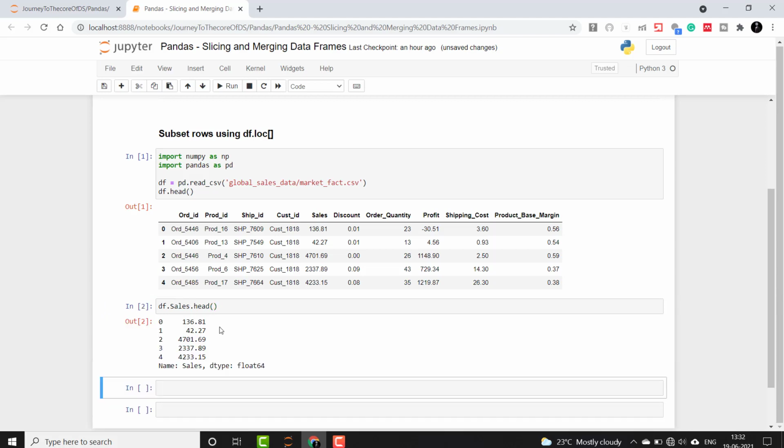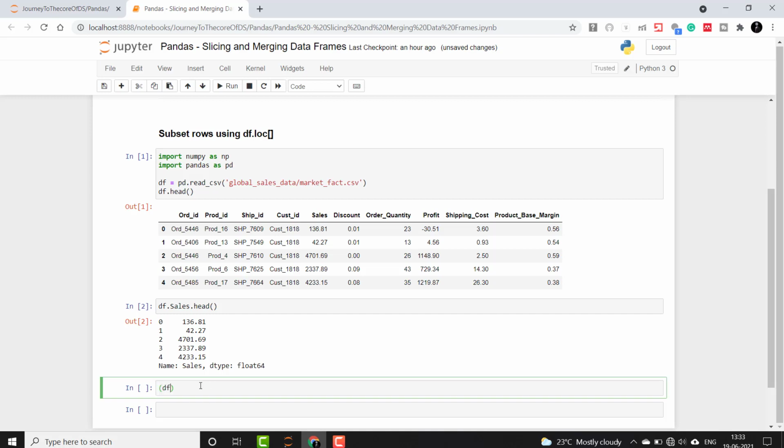These are our original values. Now let's say that we want to select all the rows where sales is greater than 3000. First and foremost, we get a boolean array where true corresponds to rows having sales greater than 3000. So how do we do that?